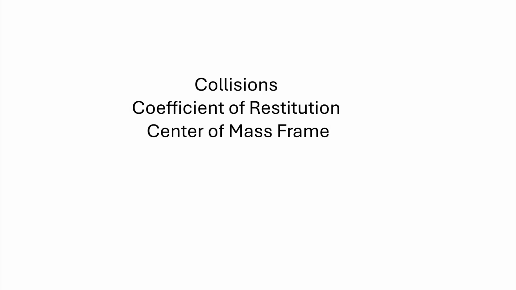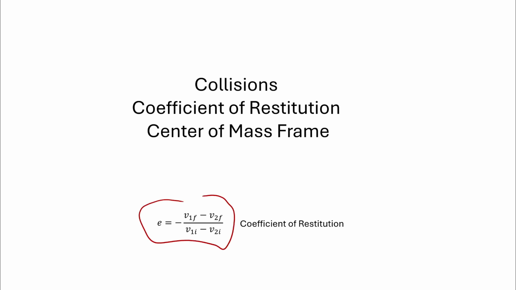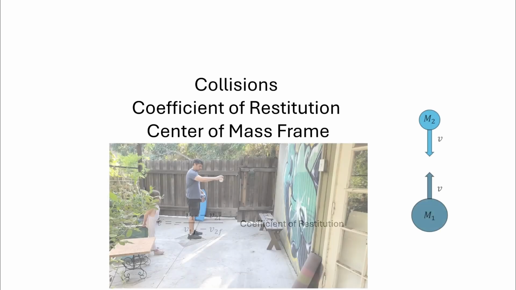Okay, this is a quick video about collisions, something called the coefficient of restitution and center of mass frame, and why it rules. Maybe you've seen coefficient of restitution before. It's this funny formula here, and it has something to do with the relative velocities after the collision compared to the relative velocities before the collision for two things when they collide. I want to explain where that comes from, why it's meaningful, and how you can use it to explain what's